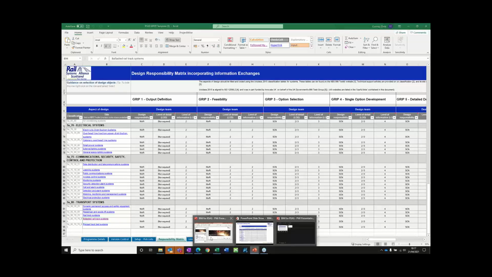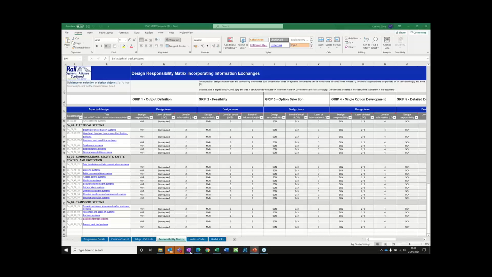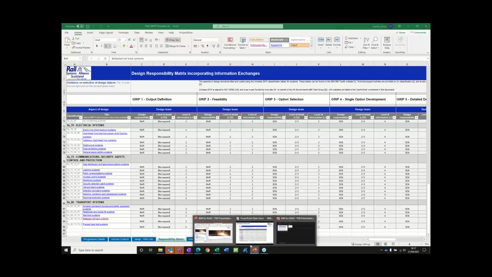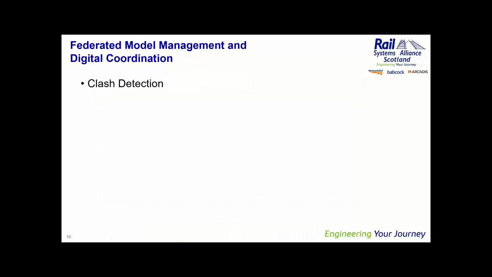Moving back into the presentation then, and I will be on that page. So I mentioned that we do federated model management and digital coordination. And we do clash detection.